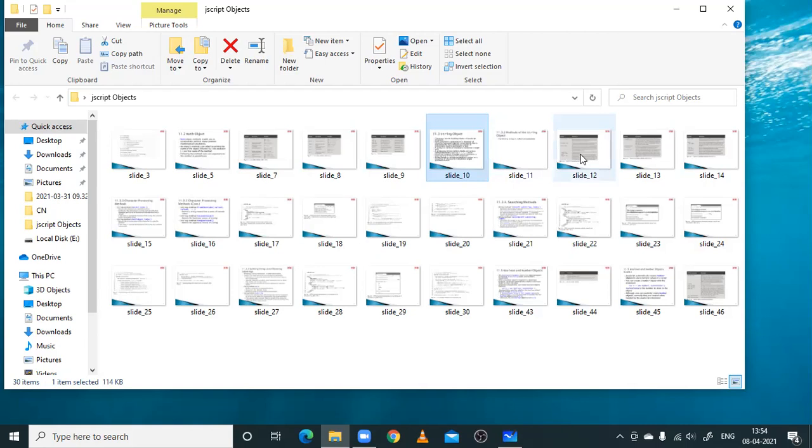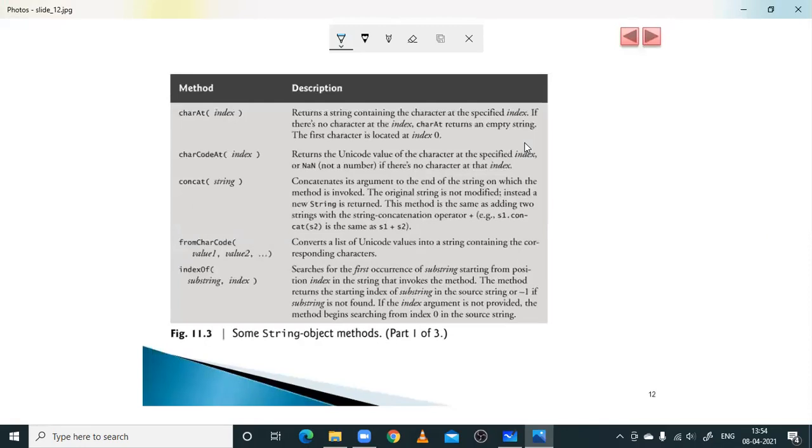Let us see some of the methods which are part of strings. These are some of the methods used as part of the string, that is charAt.